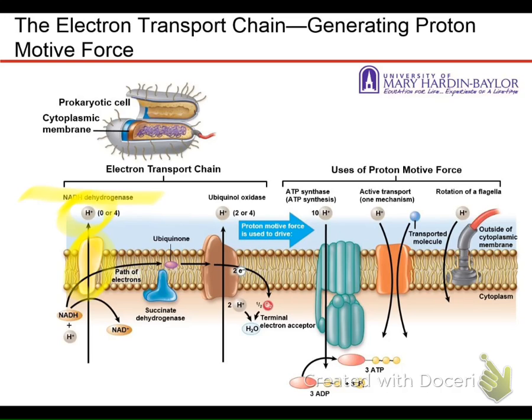Those electrons drive that enzyme, but they still have a little bit of energy. So they get transferred over to this small molecule called ubiquinone, and ubiquinone accepts those electrons. It absorbs a little bit of their energy, but then it passes the electrons over to this next proton pump that's called ubiquinol oxidase. And ubiquinol oxidase accepts those electrons, and it pumps some more protons from the cytoplasm out